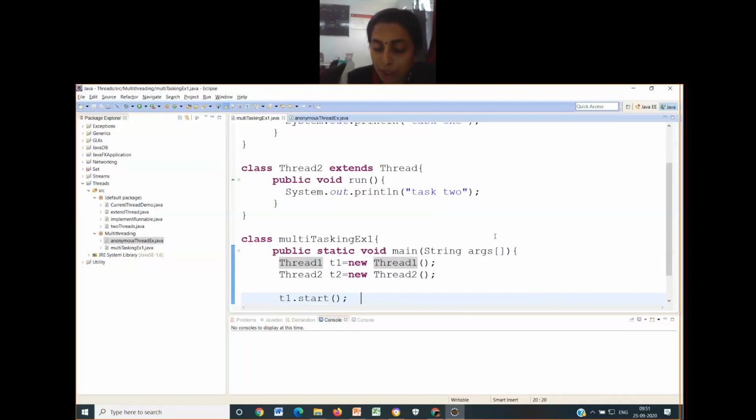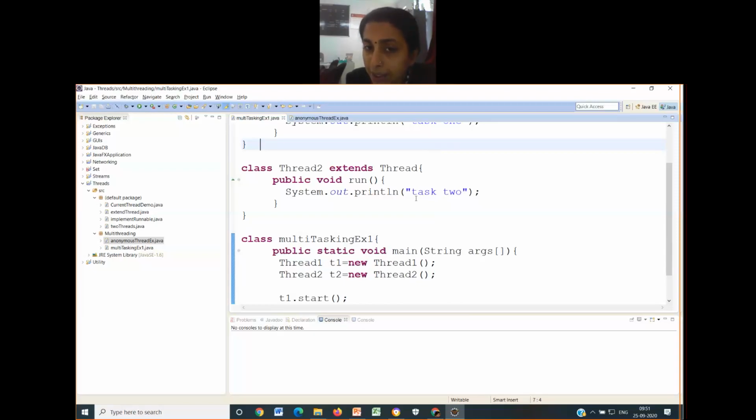Any doubt in the question that I have given? Okay. So what you are supposed to do, you have to create two thread classes where the first thread class must have the run method with functionality to print the factorial of the given number.